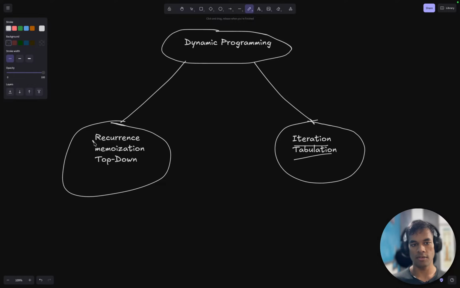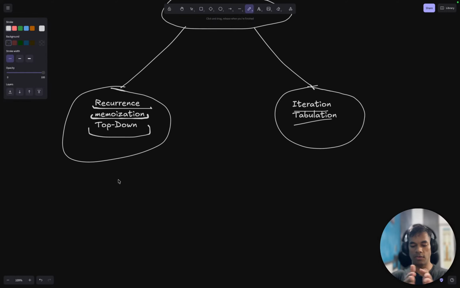In recurrence, we use recursion as our main mode of moving through states, and memoization is the way that we store the data in those states. And the model is top down. That is, we begin with our target solution, the thing that we want, and we divide that into smaller subproblems, and we find solutions to those by dividing them into even smaller subproblems. For example,